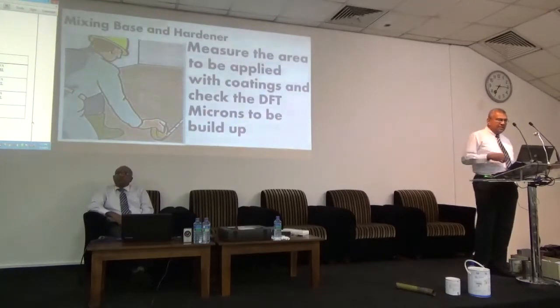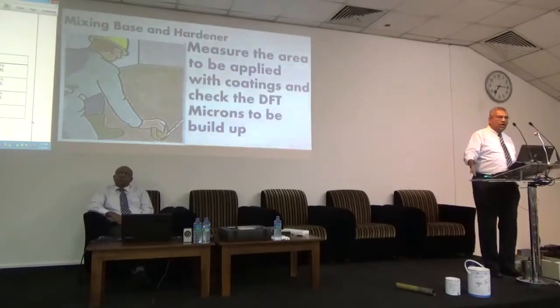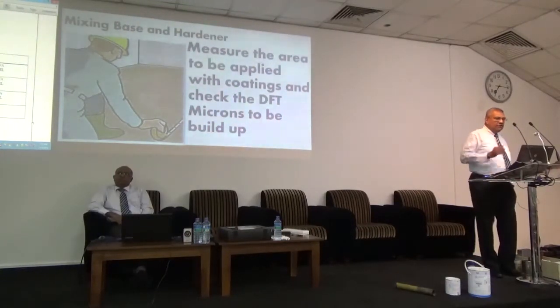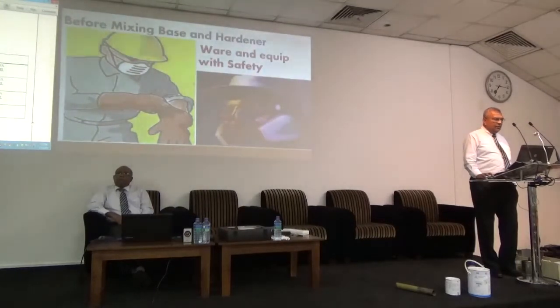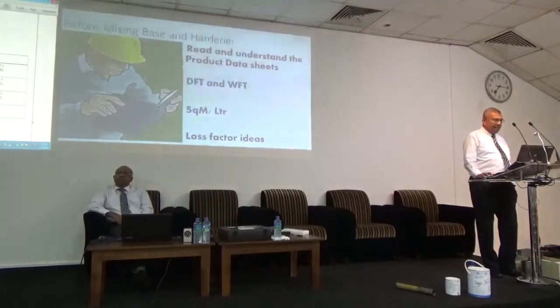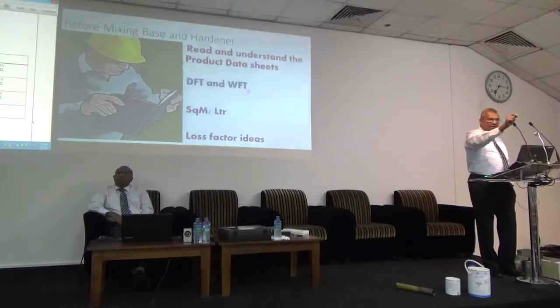And you take measurements and say, okay, how many square meters are you going to apply today. As we said, this one you can do about 200 square feet. Now you have only 50 square feet. That means you have to take only 1 meter. So that is a measurement you have to understand. So always encourage your people to value safety and read the data sheet. What is the DFT you have to get? What is the WFT? DFT 50. Tell the man that the plastic should have 100 microns, then you get 50 microns. Then square meter per liter, get this loss factor idea. If you are applying outside, go for 40%.